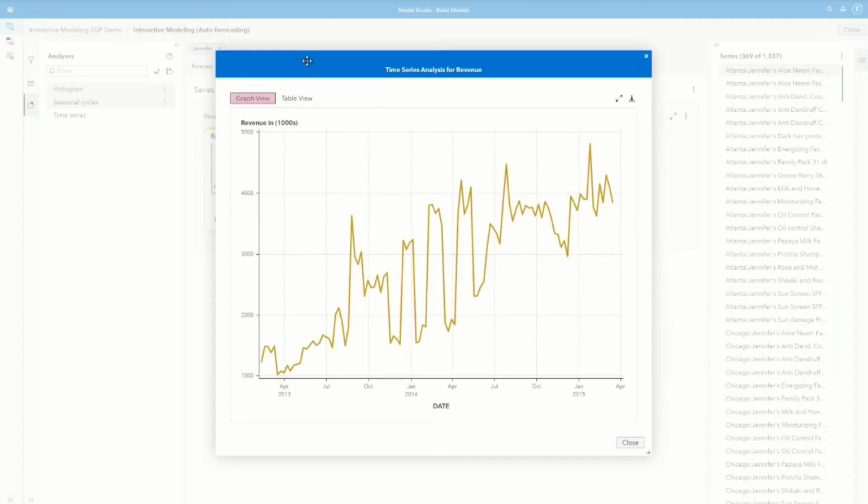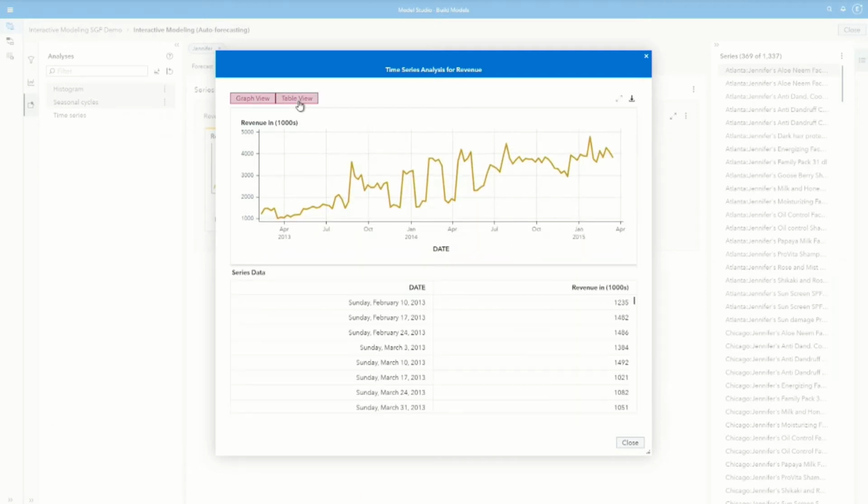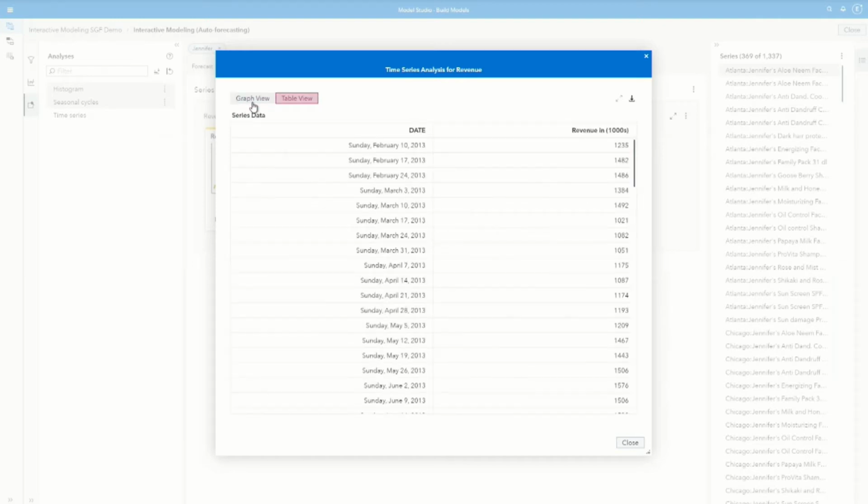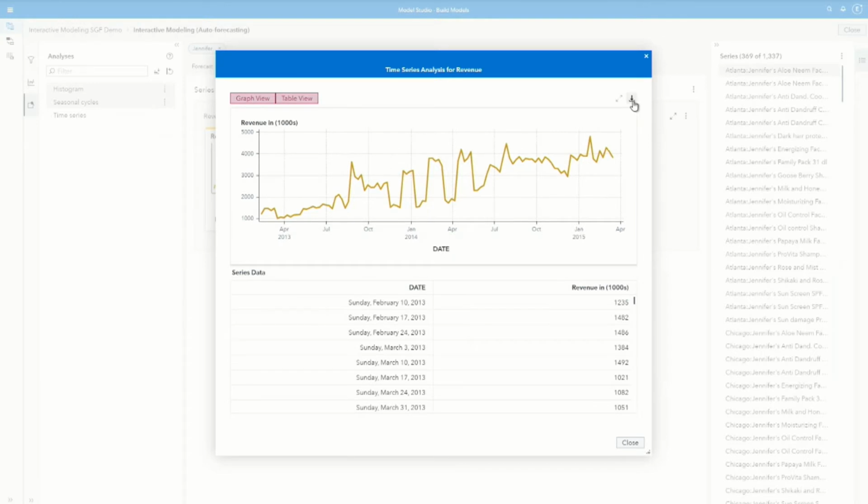which brings up this little dialog, which shows me by default a graphical view of the time series, a little bit bigger. The other one's just basically a little thumbnail plot. I can also view the table information along with the graph, and that shows up underneath the graph. I can just look at the table view. And I also have the capability to download all of this data from either the table, the graph, or both of them into a CSV file for use in other tools.